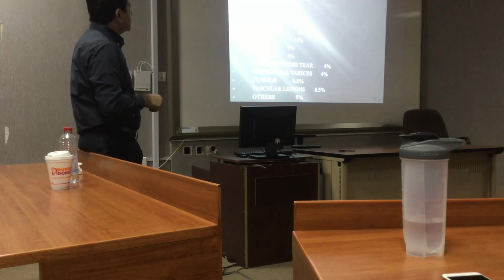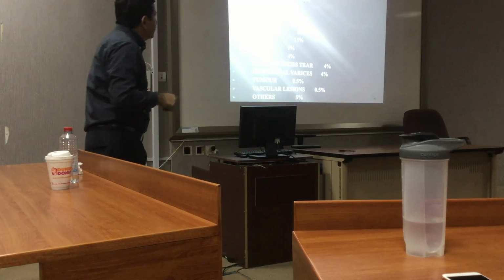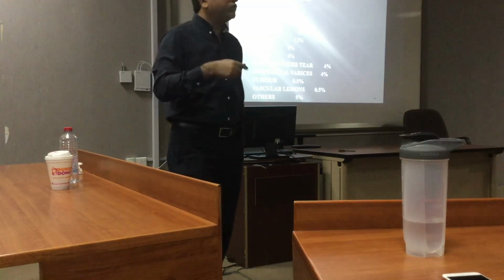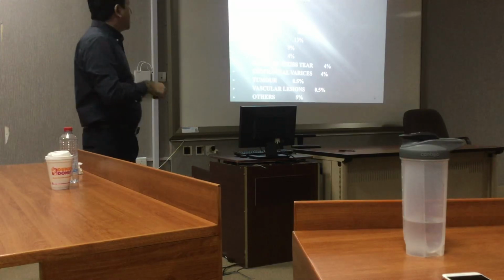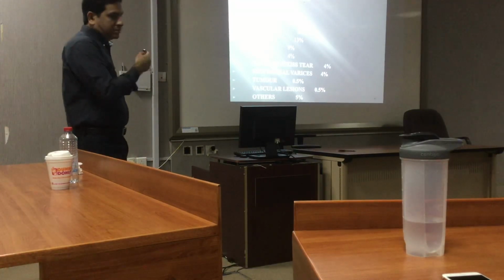Duodenal ulcer is 33%. And esophageal varices is only 4%. So whenever a patient presents to you with upper GI bleeding, you must suspect the ulcer first, then other causes. And these are very rare causes. Next,